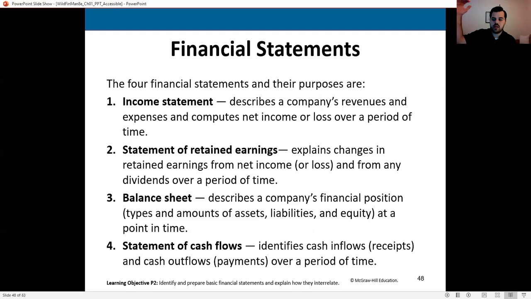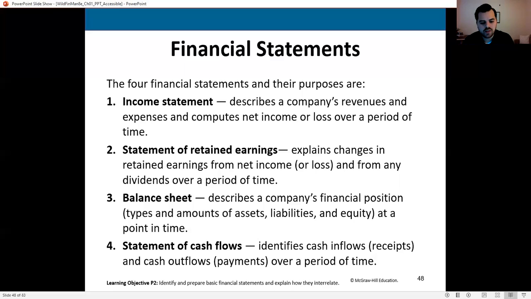On our income statement, we're seeing revenues and expenses coming down to net income. We'll add some other stuff in there in later chapters, but for now, I need you to know revenues and expenses. Statement of retained earnings: we'll take our beginning retained earnings plus our net income minus any dividends declared, which will give us our ending retained earnings balance. We'll then prepare our balance sheet using our new ending retained earnings. That will fall into the equity section of our balance sheet, which is essentially our accounting equation. So our balance sheet shows us that equivalence of assets equaling liabilities and equity.